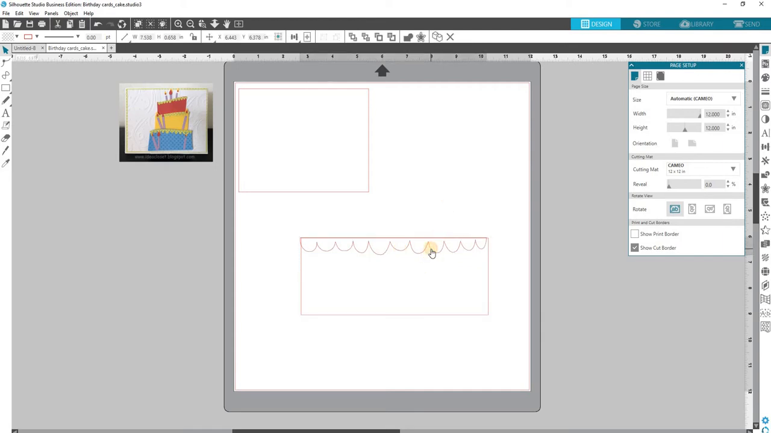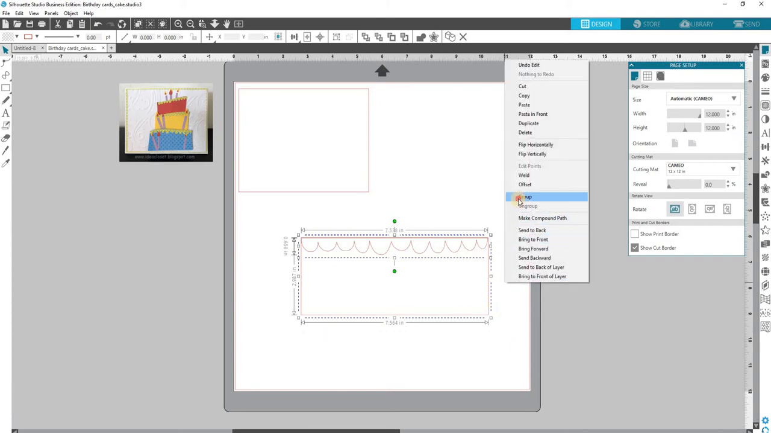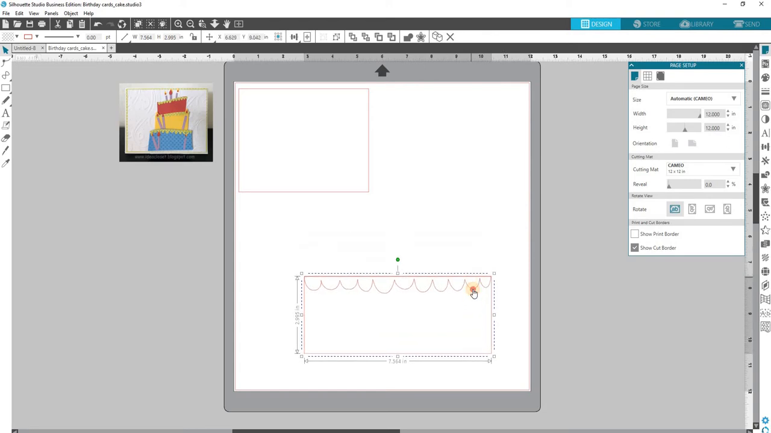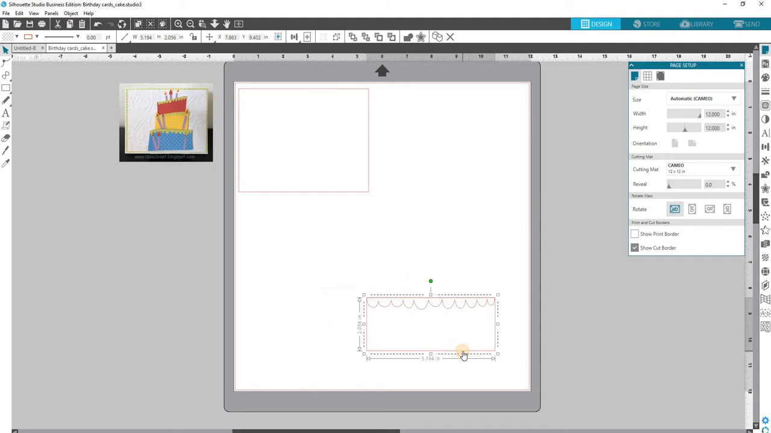I'm going to just line this up just a little bit, make sure it's pretty close. There we go. Okay, I want to select both of these and group it. The easiest way to group I found is I right click and hit group. Now it's one image. I am going to shrink this down just a little bit because it's kind of bigger